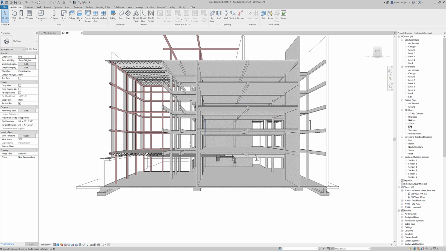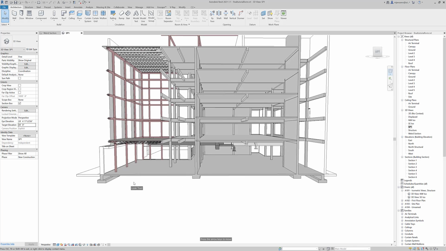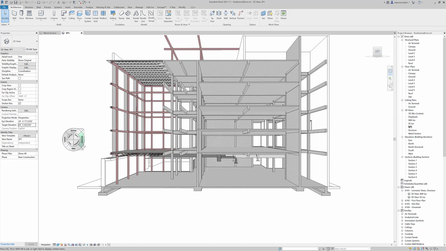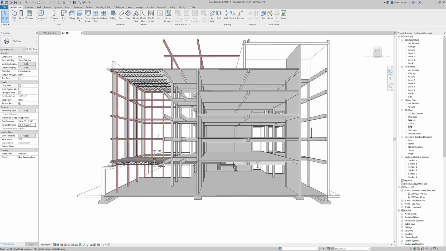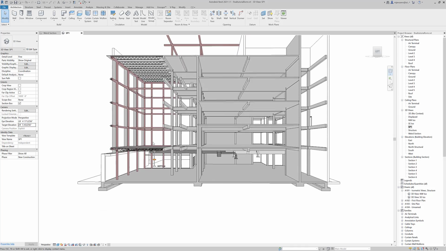But then we can't really see everything, right? So this is where the navigation tool is really helpful. If you don't want to type, let's say, a higher eye elevation, you can see now we're looking up. You can use the navigation wheel here, and you can use the look tool. You can move around, and you'll see that the eye elevation will change. But you can also move the camera up or down,